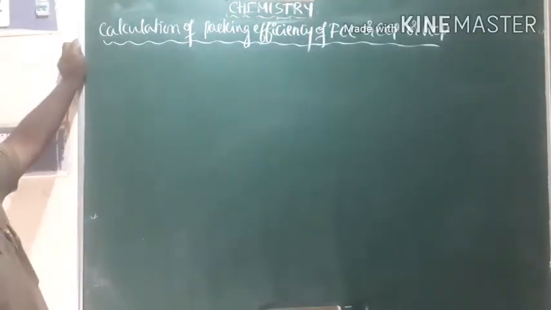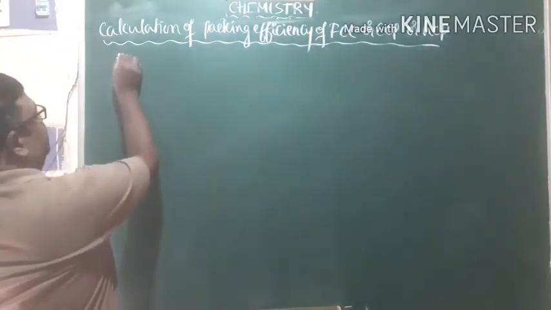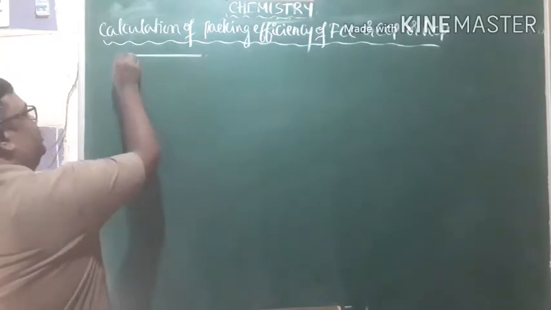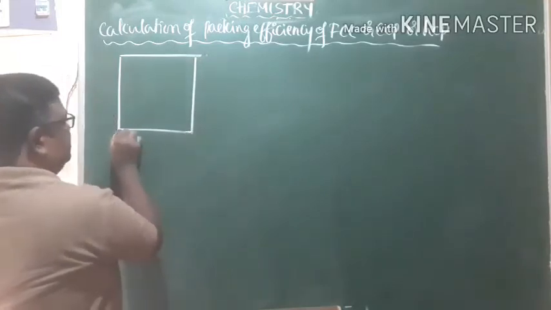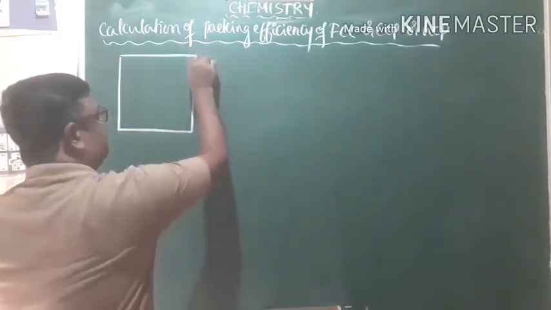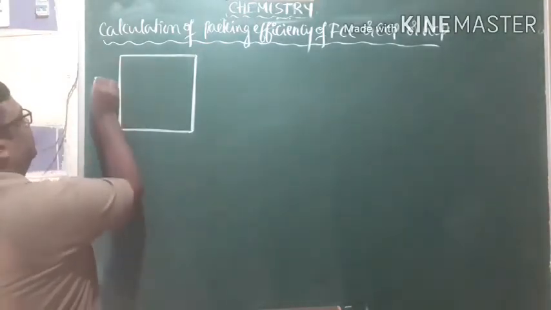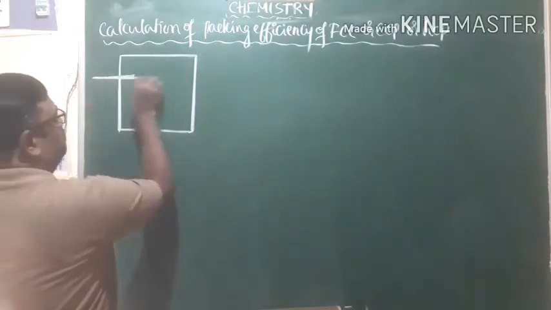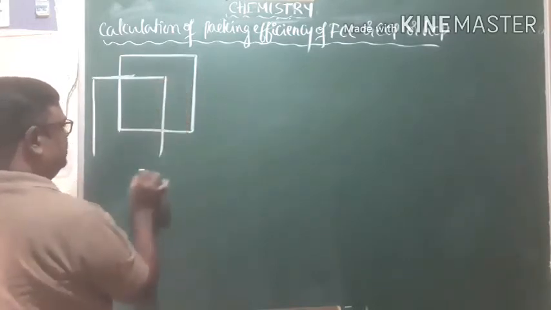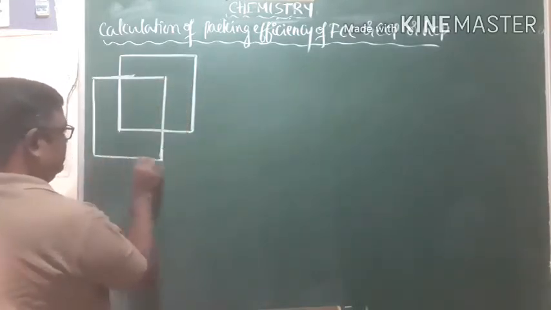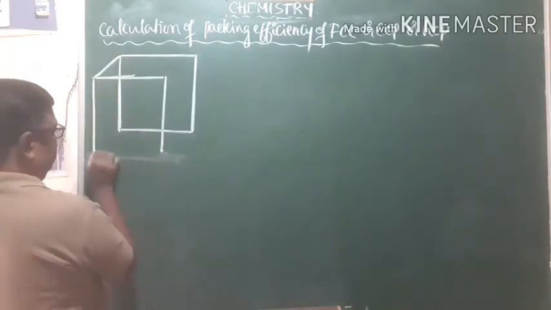In order to calculate the packing efficiency in FCC, let me have a diagram, that is, a unit cell of FCC first. Write the FCC unit cell. Drawing the diagram is very important because based on that diagram itself, you are going to calculate packing efficiency by making use of principles of geometry. You see that? This is what we call one cubic unit cell. In the case of cubic unit cells, you know that all edge lengths are the same.